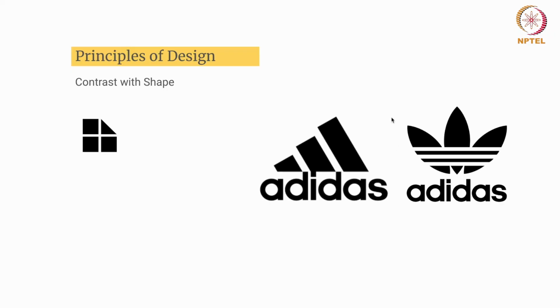So if you see both of these logos, right, definitely the element like the color is similar in nature. So both are black in nature. So definitely you can see a relationship between that. On top of that, if you see the typeface here, right, the typefaces are again similar in nature. So another relationship you can easily connect with each other. Next is the three stripes which they use as a part of their brand elements, right. Again, the three stripes can be seen here along with the three petals, right.